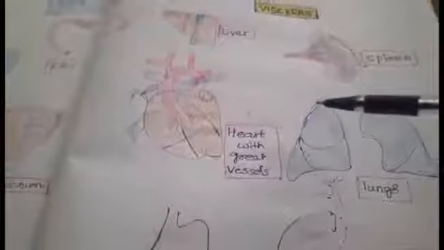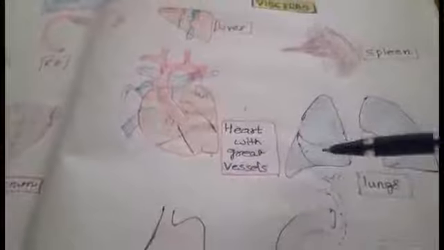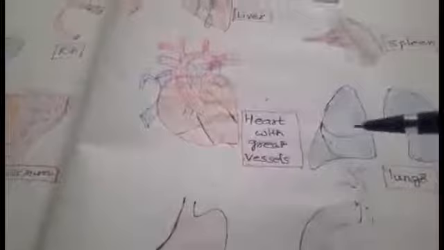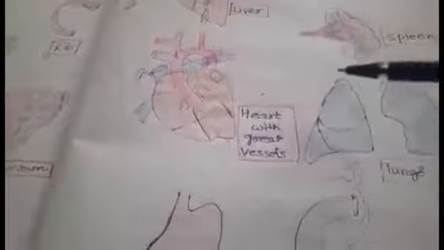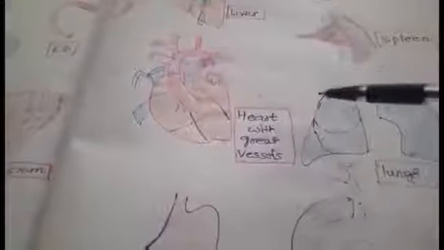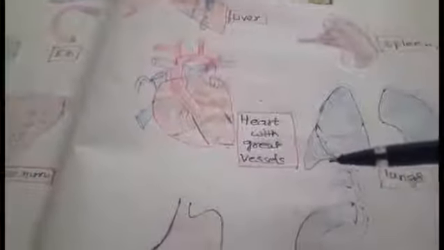Now we may ask, what is the lower extension of lung and pleura? The lower extension of lung is 6, 8, 10. That is the 6 at the mid-clavicular line, 8 at the mid-axillary line, and 10 at the scapular line. And the pleura is the covering of lung, so obviously that will be more. So 8, 10, 12. 8 in the mid-clavicular, mid-axillary 10, and scapular 12 for the pleura.